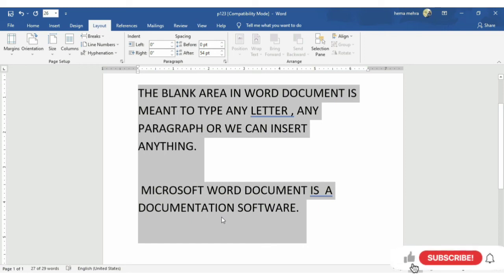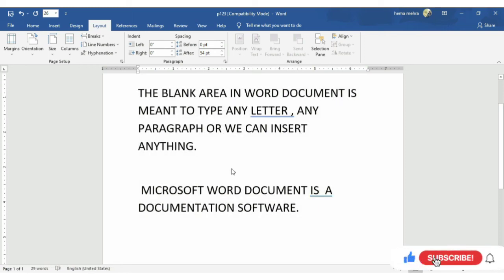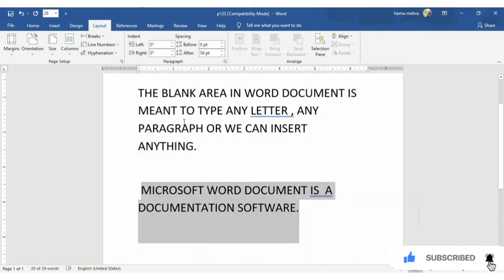The same goes for paragraph indentation. Paragraph indentation is also used to emphasize the space in a paragraph by adding extra space from the left and from the right margin. When we are talking about spacing, we are working on the whole paragraph, like the space between two paragraphs. Now if we work on indentation, then the paragraph will have space from the margin to the starting point of the content, from the right side and from the left side. This is paragraph indentation.